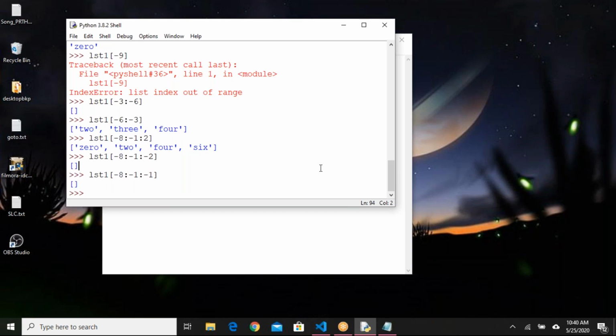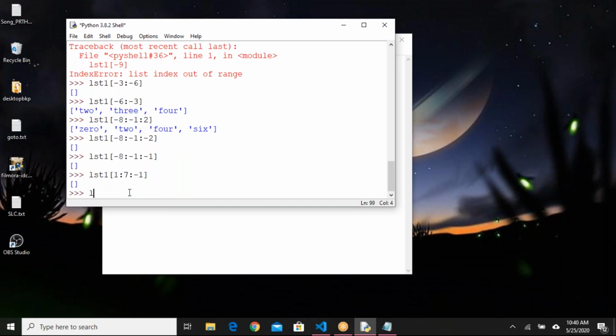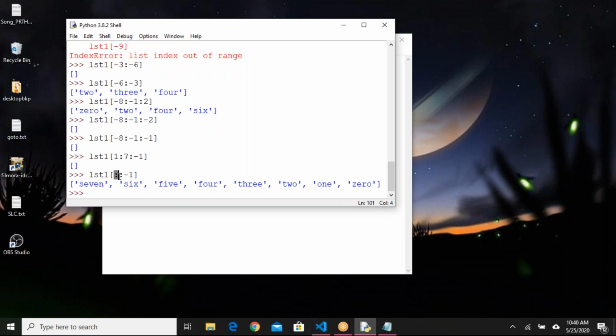Let me check with 1 comma 7 comma -1. Okay, got it. The -1 jump works only for empty starting and empty ending index. Only when you want to do a complete reverse of the entire collection do you use the -1. In other cases, -1 is not working.